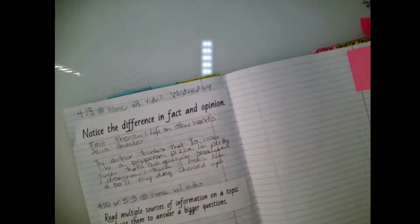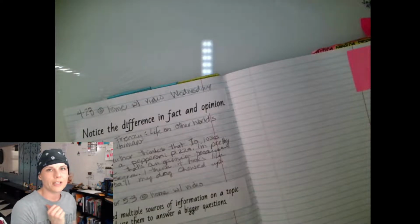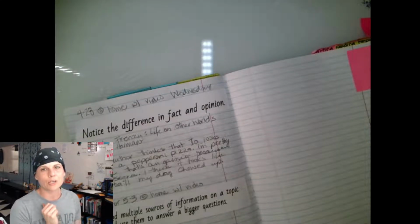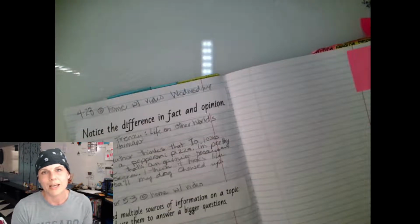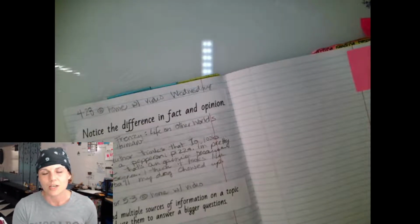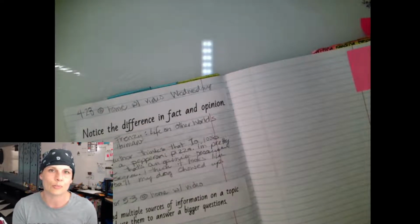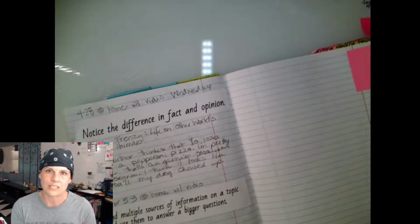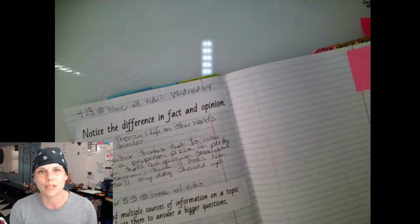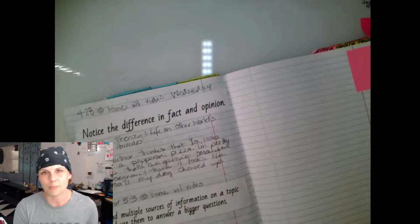Here's your assignment. Go find a book that you think has facts and opinions about it. A good one to look through might be a narrative nonfiction book, so one that kind of tells a story along with the nonfiction facts. You could also look in this book that I showed you here, or you could look in any other book, and you can agree or disagree if you think it is an opinion, and if you think it is a fact, see if you can back that fact up by finding that somewhere else and tell me where you found